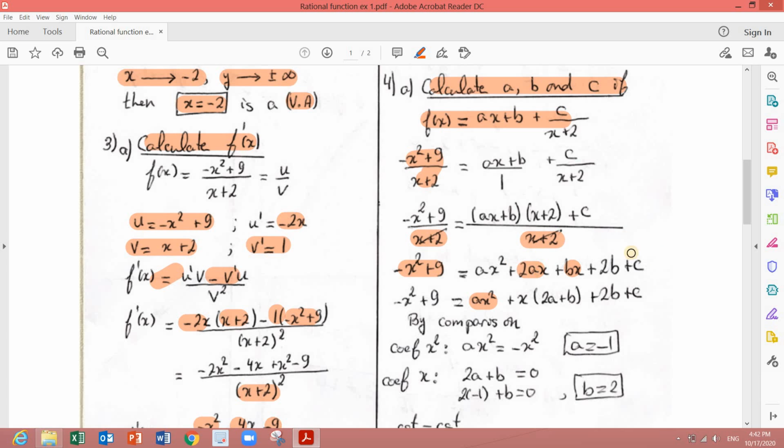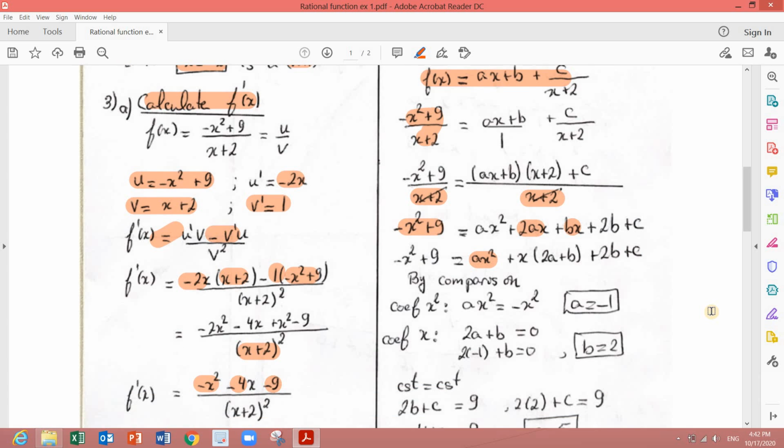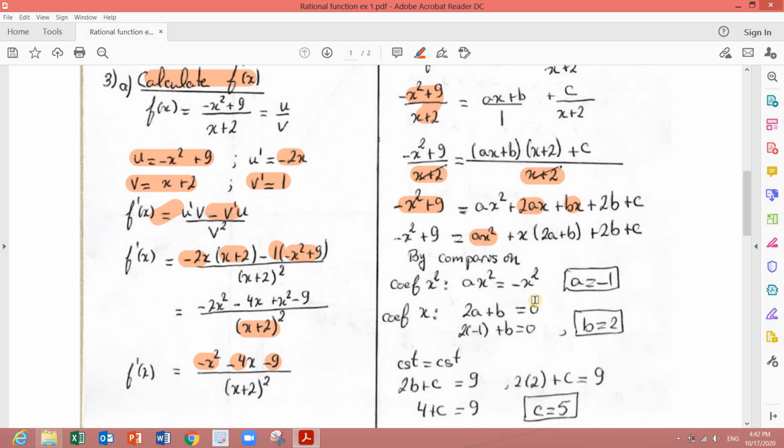We expand, then we reduce. Reducing, we add x squared together. For x, we have two terms that contain x, 2a plus b plus 2b plus c. By the method of identical polynomials, or by comparison,